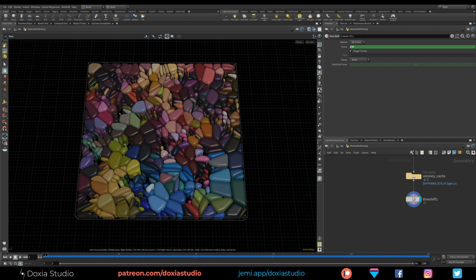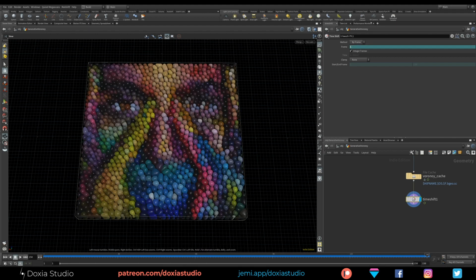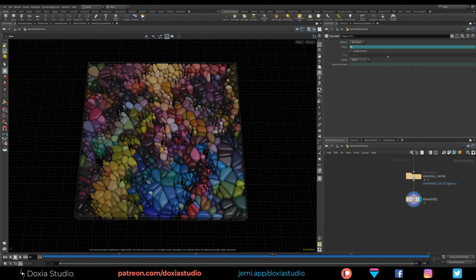As you can see from the start, it is a bug, so we want to be on 150, so let's add +1. With this little expression you can see that on frame 1 we are on frame 150 from our cache, and if we go to the last frame, 150, we are on frame 1. On frame 90 we will be at 61.